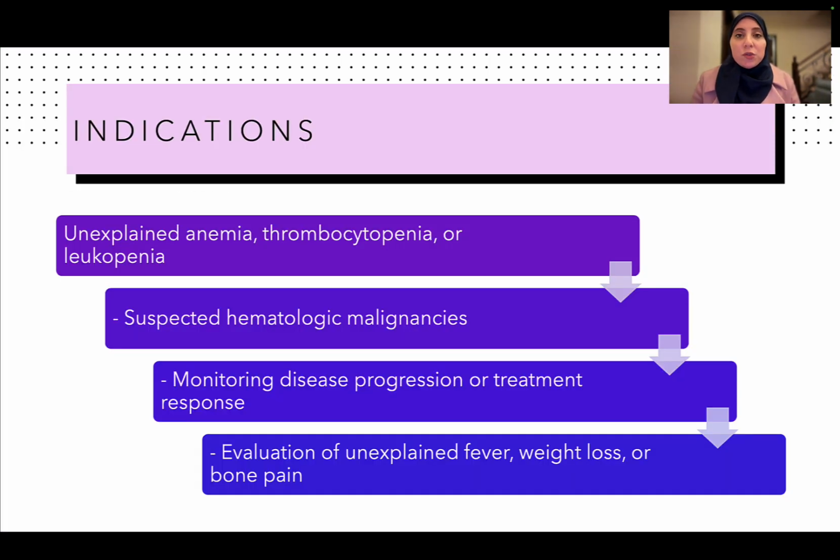So indications, when do we schedule a patient for a bone marrow biopsy? So there are multiple indications, as you can see here. Unexplained anemia, thrombocytopenia or leukopenia, if we suspect any hematological malignancy from a peripheral blood smear, for example, or a patient is already a known patient for hematological malignancy and we want to see the disease progression, the response to treatment,